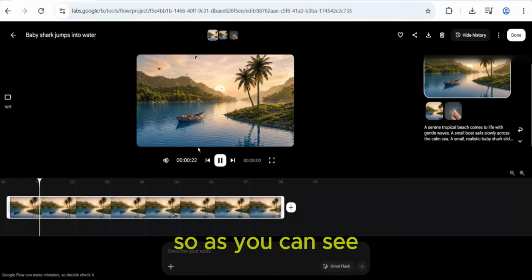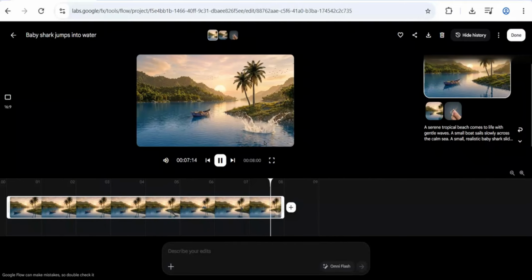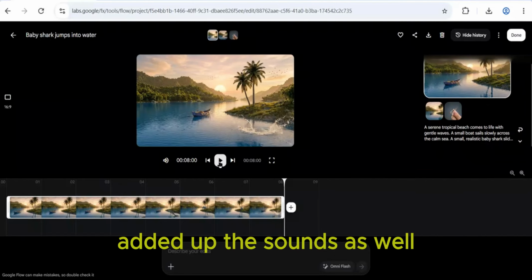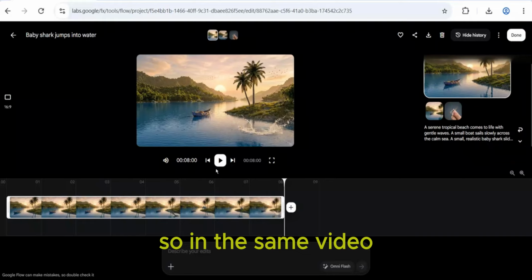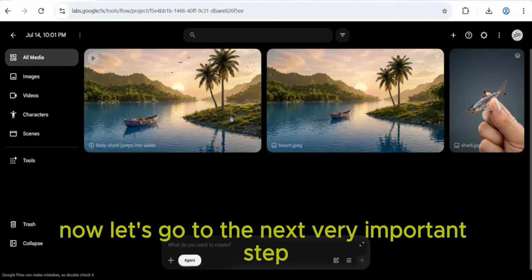So as you can see, it is so realistic, and it has already automatically added the sounds as well. So in the same video, you can do as many videos as you want. Now let's go to the next very